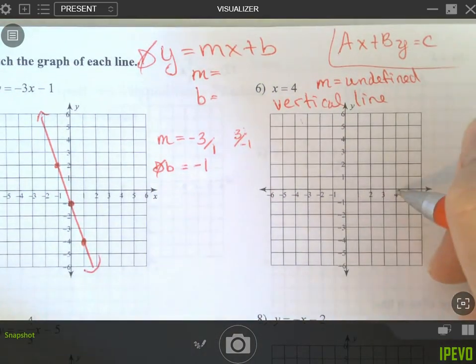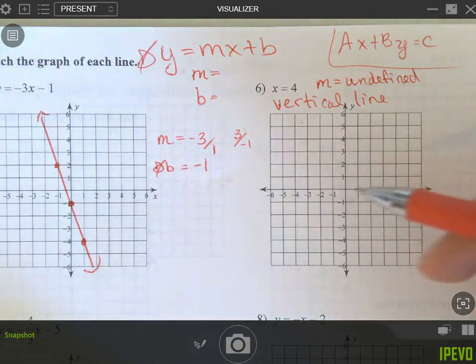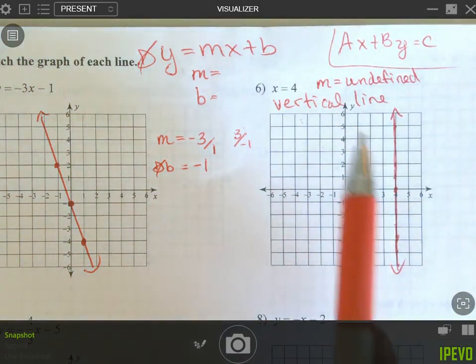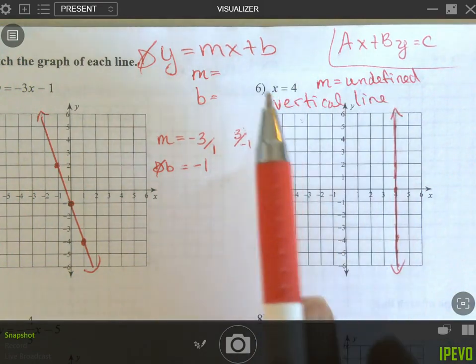So find where x is 4. And a lot of people just put a point there. They want to go back and forth. If I go up, aren't all these points 4, 1, 4, 3, 4, 5, 4, negative 4? Every point I hit on this vertical line, the x is always 4. That's it. These should be the easiest ones to graph, but they're the ones that we mess up the most